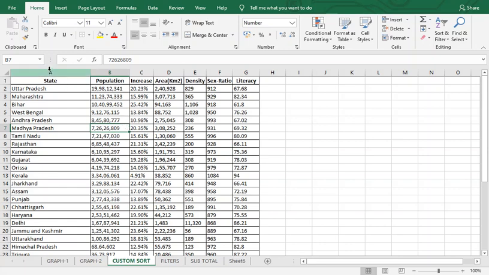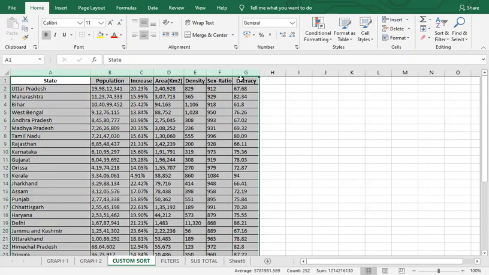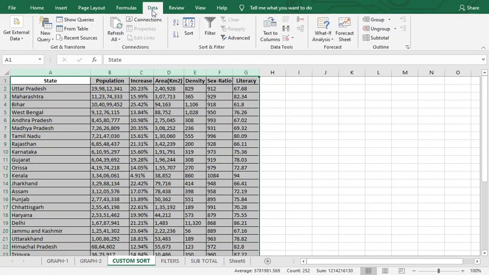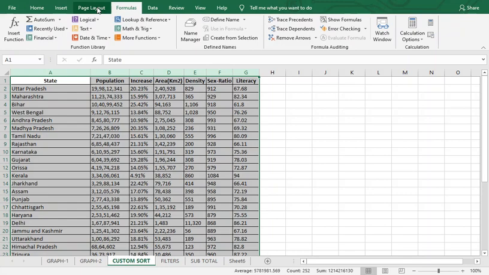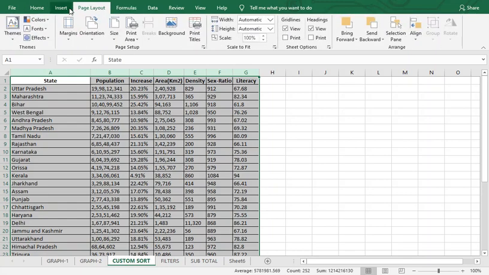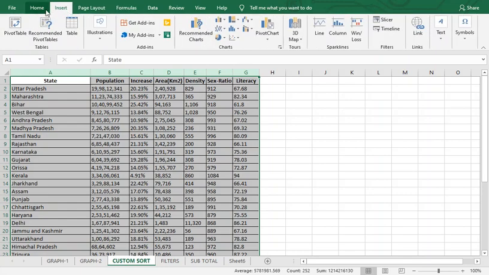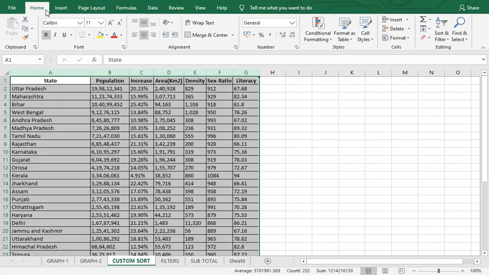First, you need to select your table or the data. Then go to the home tab, and on the right hand side you see there is a sort and filter tab.